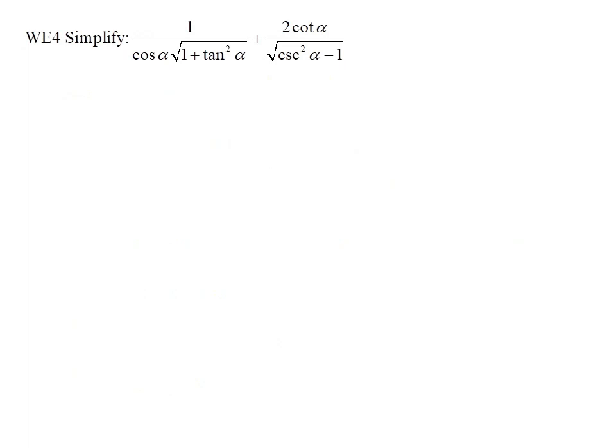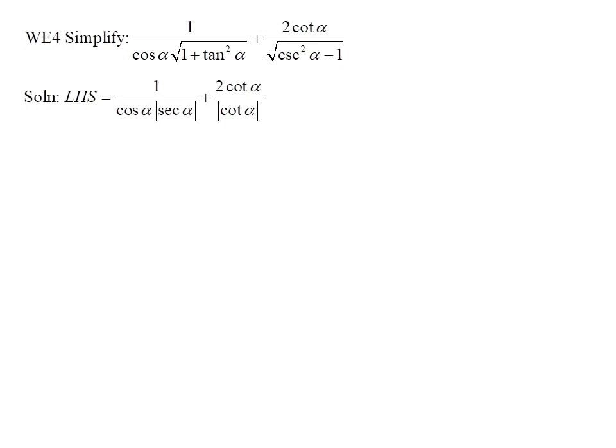Example 4 is to evaluate a trigonometry expression with cosine, tangent, cotangent, and cosecant functions. The first step of evaluation is to simplify the expression according to the relations of 1 plus tangent squared alpha equals secant squared alpha, and cosecant squared alpha minus 1 equals cotangent squared alpha. Hence, the expression becomes 1 over the product of cosine alpha and the modulus of secant alpha plus the ratio